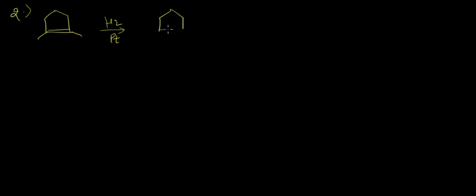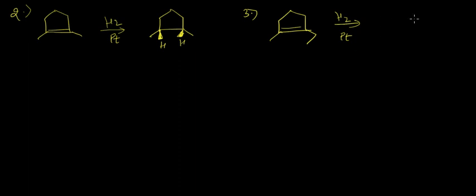Okay, so let's go into the second example. So we have something like this. So in this case, hydrogen over the platinum surface will have something like two hydrogens attached in the same plane. Okay, third example would be here and here. So again we react with hydrogen in the presence of Pt, over the surface of Pt, so we'll get two hydrogens attacking either above the plane, or it can also be below the plane. Okay,